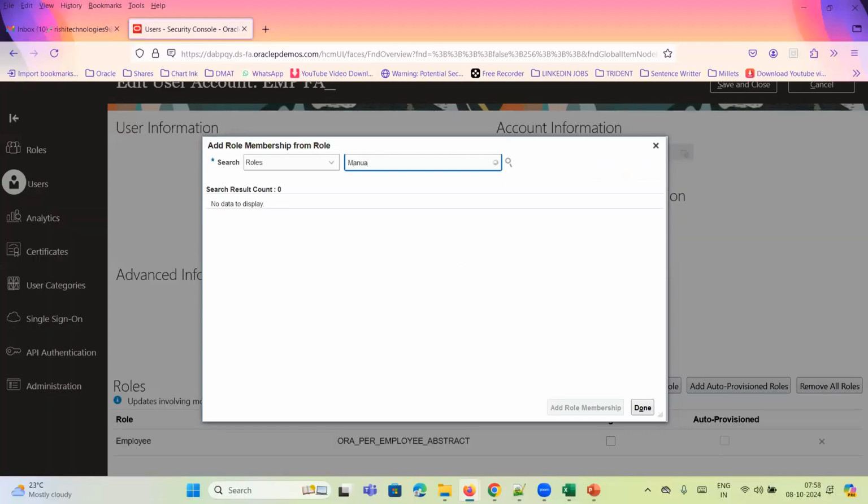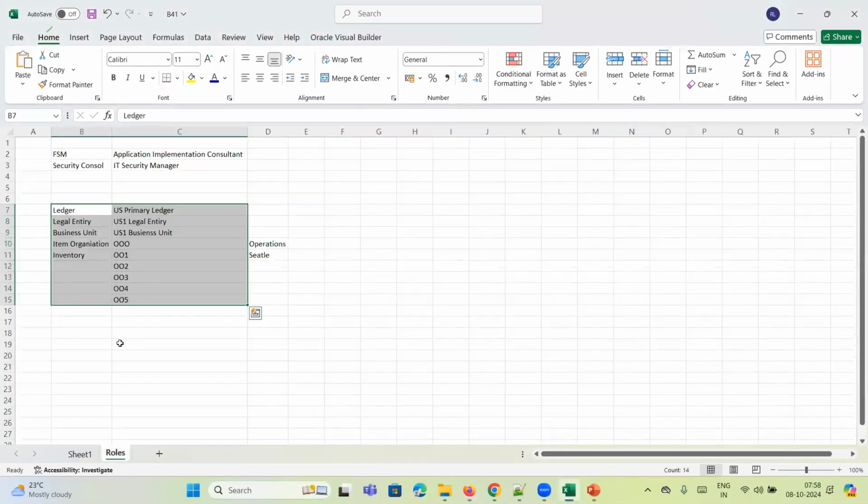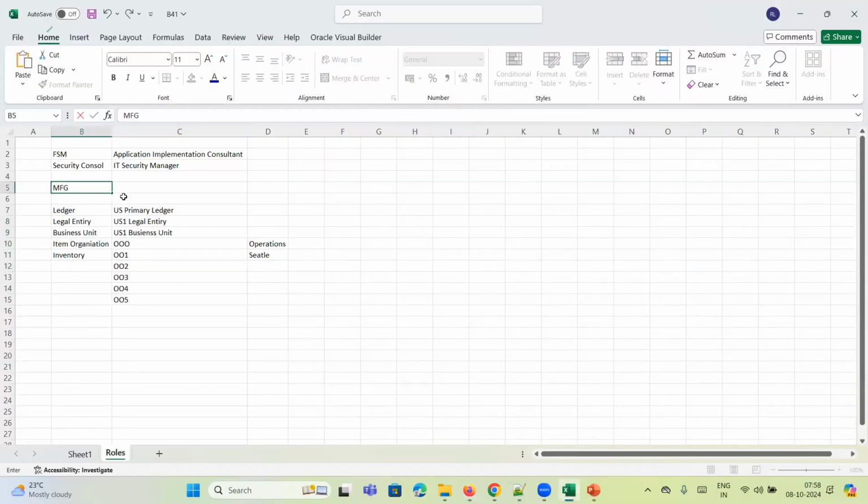So search with manufacturing engineer. Go with exact names. In a demo instance, you will find a lot of duplicate roles. Don't bother about those duplicate roles. Why? Because it's a demo instance, and students will create dummy roles also. So go with the exact roles. In a production instance, you won't find anything like that, no duplicate roles. So for manufacturing,